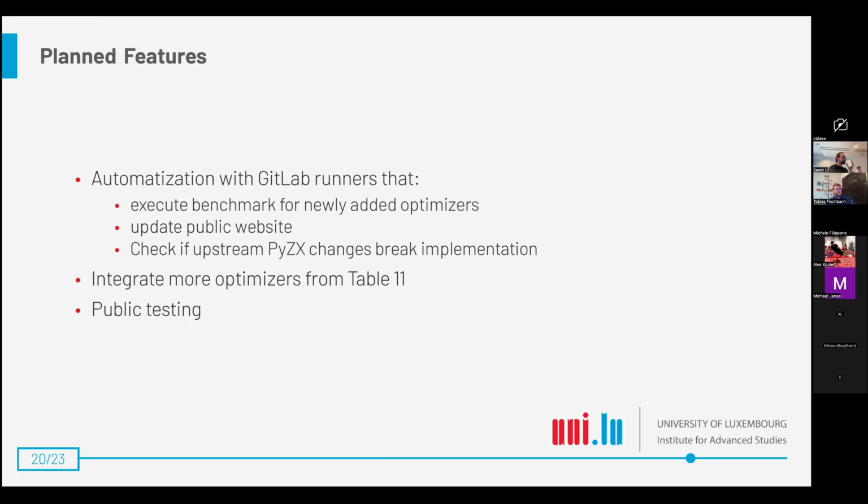We then update a website with all the optimizers. And afterwards, we also regularly want to check: does upstream PyZX break any of the optimizers that don't ship with compatibility to some legacy version of PyZX, and if so, that we get a notification so we fix that. And overall,